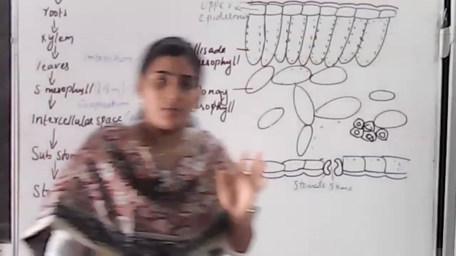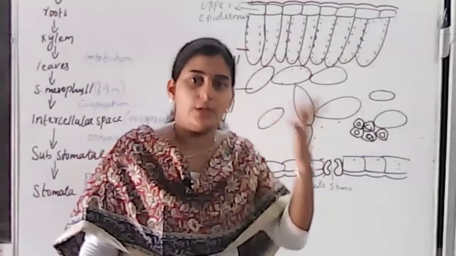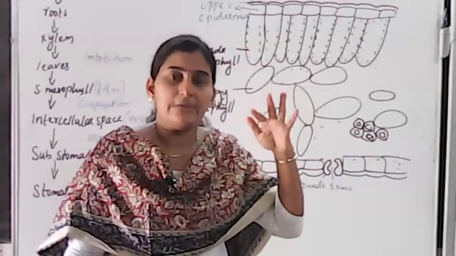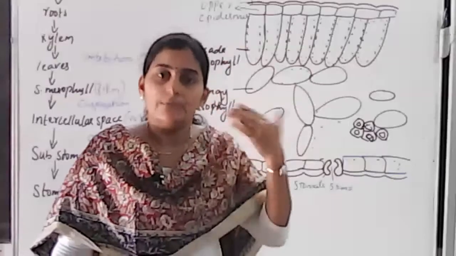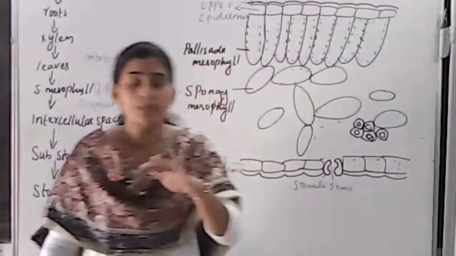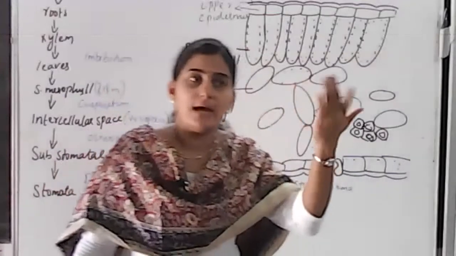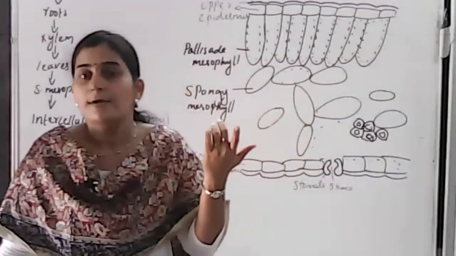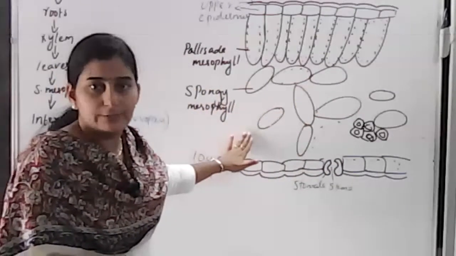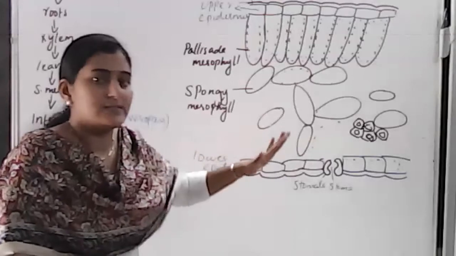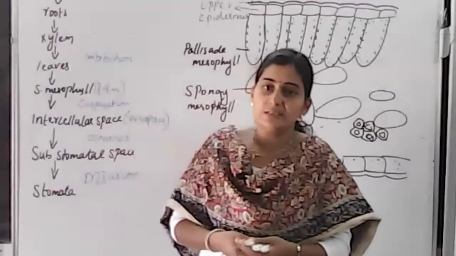While you study transpiration, you know that water is carried from the soil towards a leaf through the xylem cells, and from the leaves it is given out. That process is called transpiration. So how is it carried from root towards a leaf, and how is it carried to the outside? All those things should be familiar. So for that only we are going through the internal structure of the leaf. Now we'll see how water gets transported from soil towards the stomata.